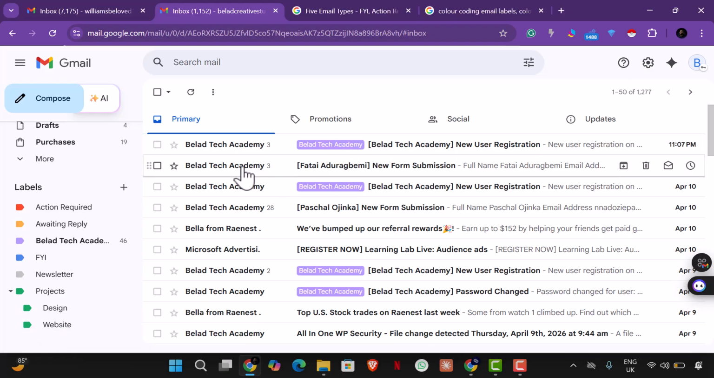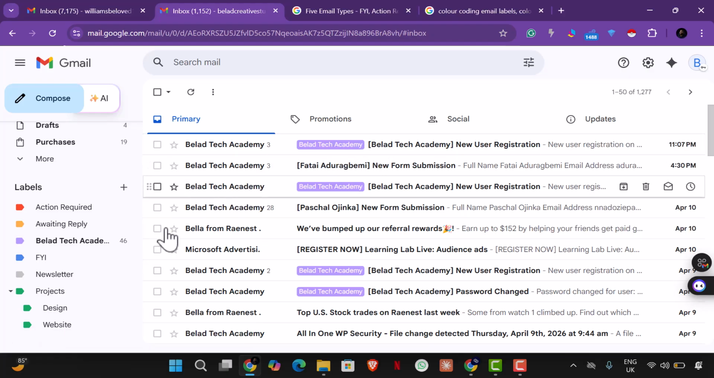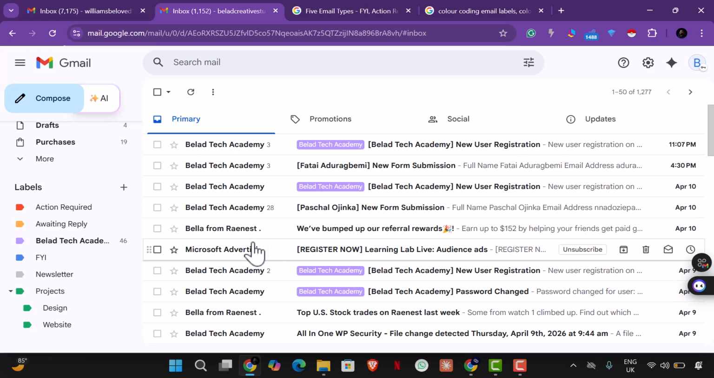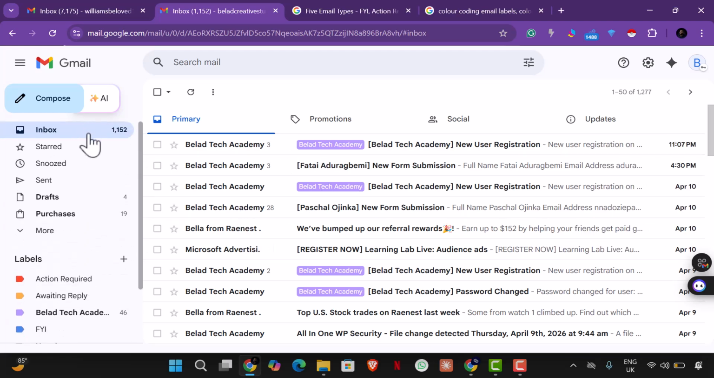So that's how to go about creating filters and moving messages to labels. So our inbox is still cluttered, but the whole strategy of managing an inbox is for it to be decluttered. So that's how to create filters,